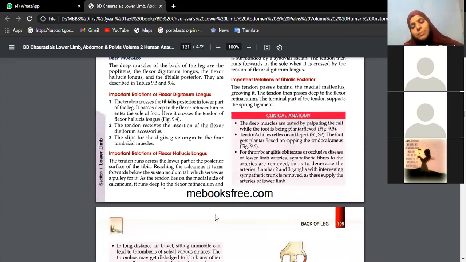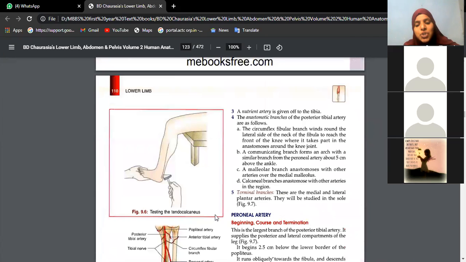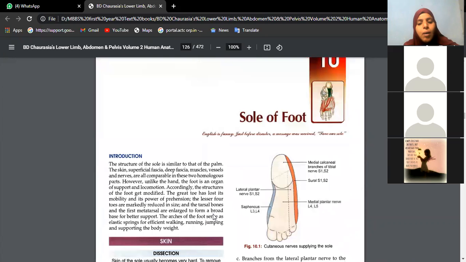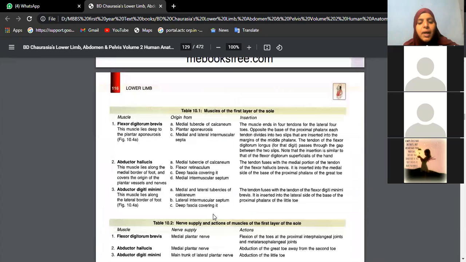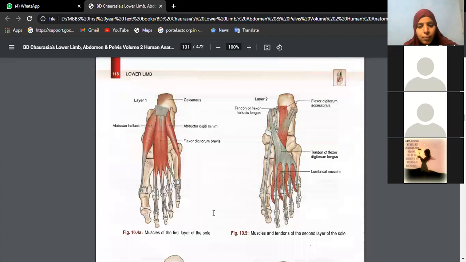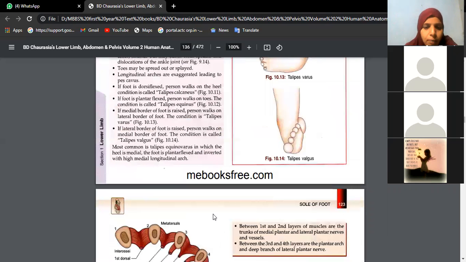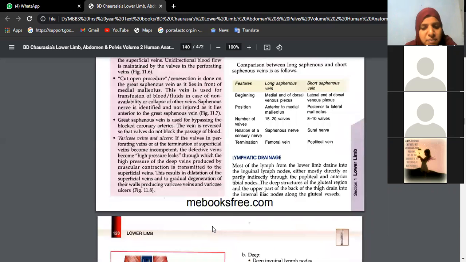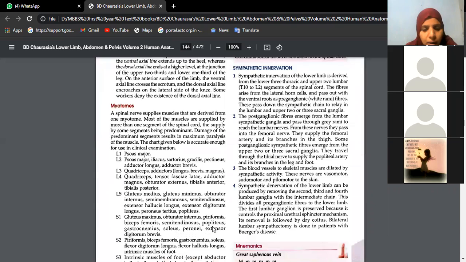All hamstring muscles are supplied by the tibial component except for the short head of biceps, which is supplied by the common peroneal component of the sciatic nerve. This was the question which was asked by Hima last time. Now, generally in the appendix, nerves will be discussed, but I'll show you the theoretical component. May not be pictures there.